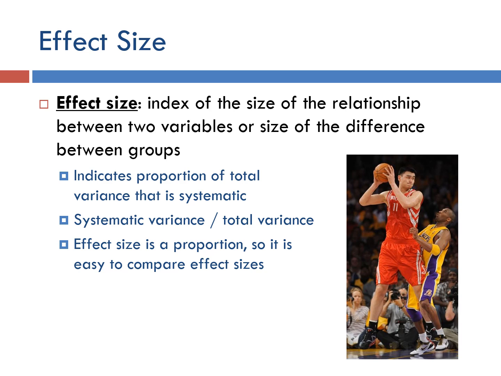It's saying that the amount of variability in the dependent variable explained by the independent variable is very small. But if we are noticing that as one variable changes, the other changes in very systematic ways, there's a lot of systematic variance, that's going to account for a lot of that total variance. We're going to have a bigger numerator, and we're going to have a larger effect size. The effect size in this way is always a proportion, and so because it's proportional, we can compare it to other effect sizes. And this is what